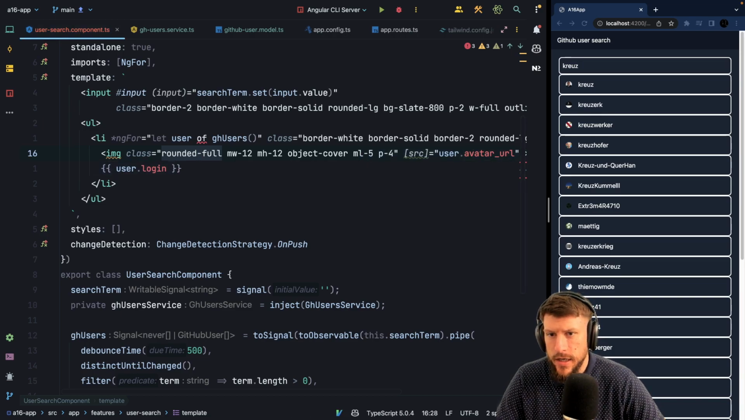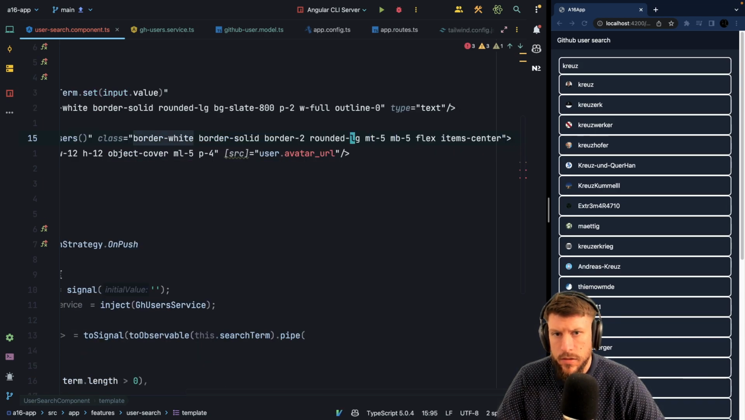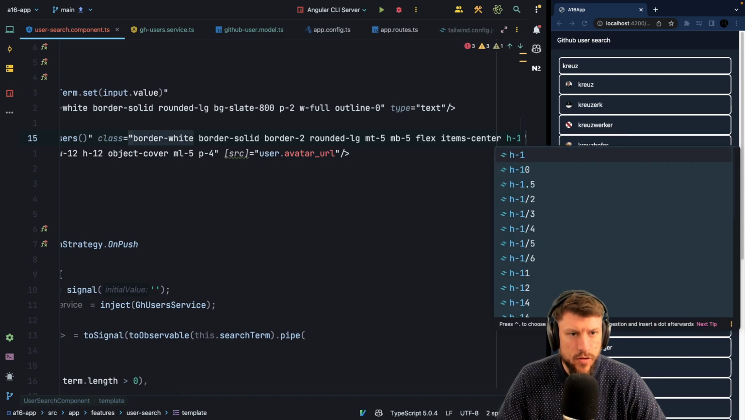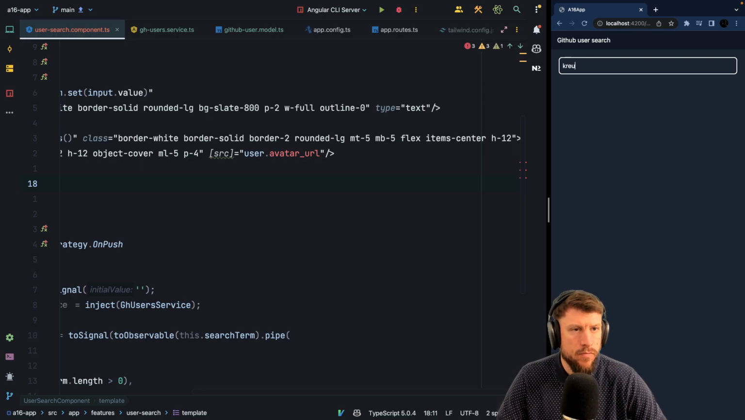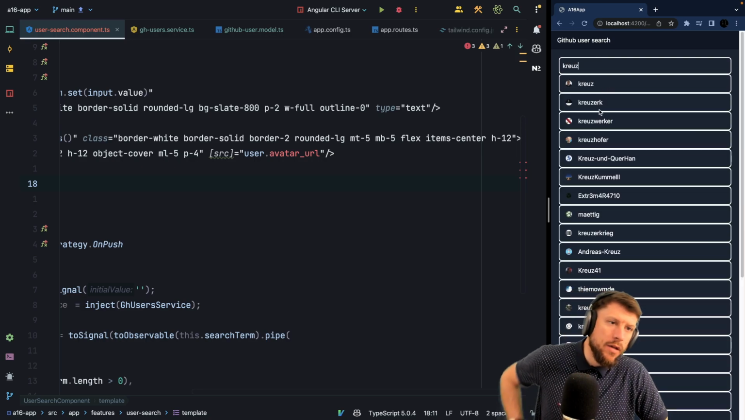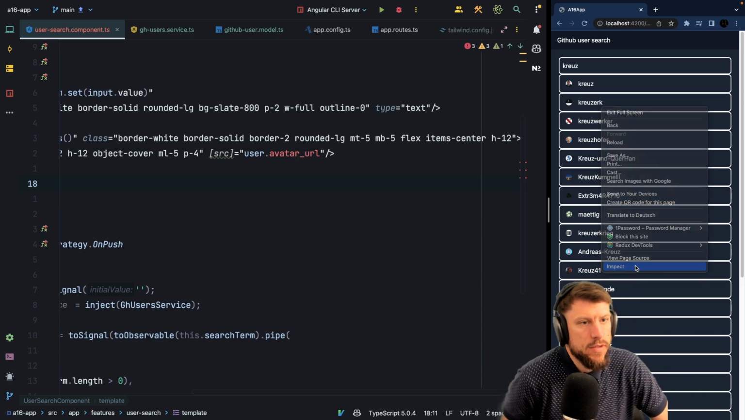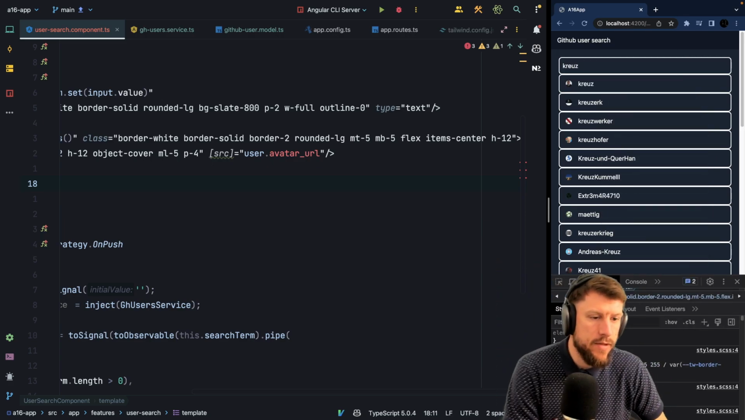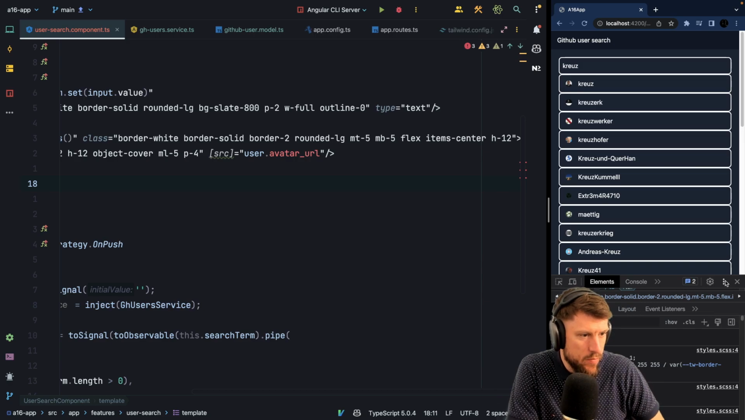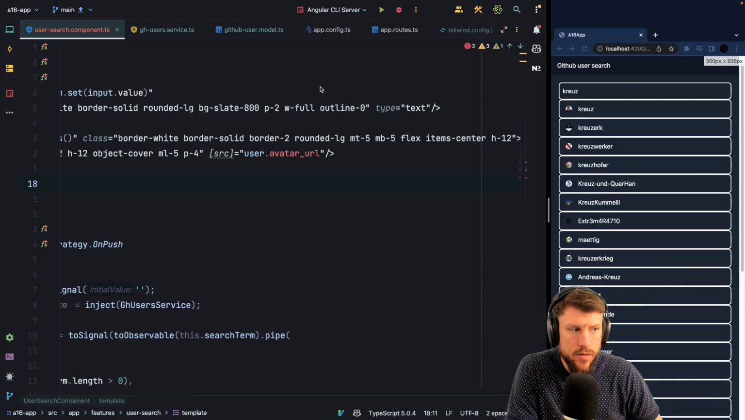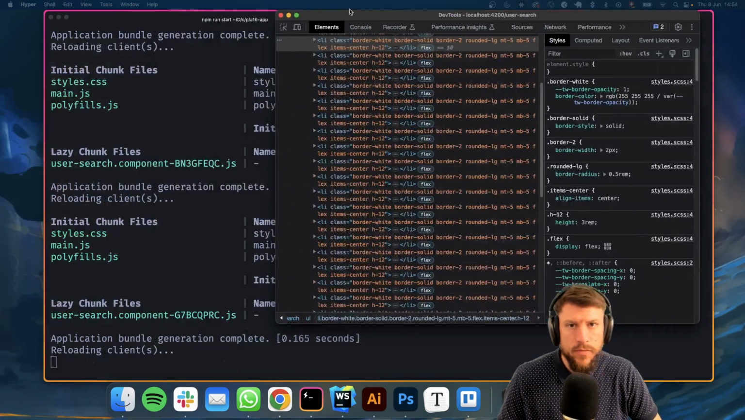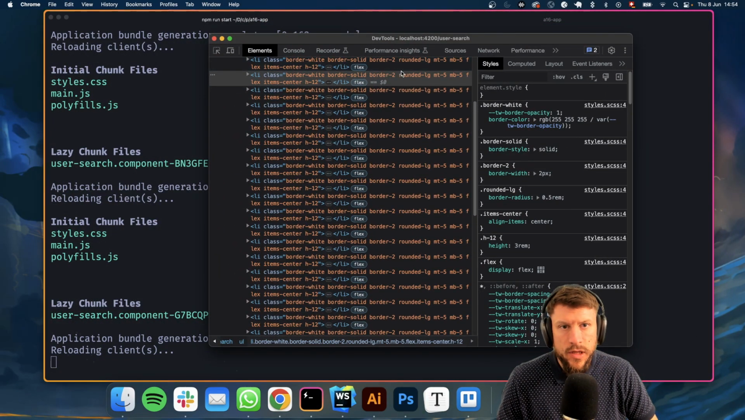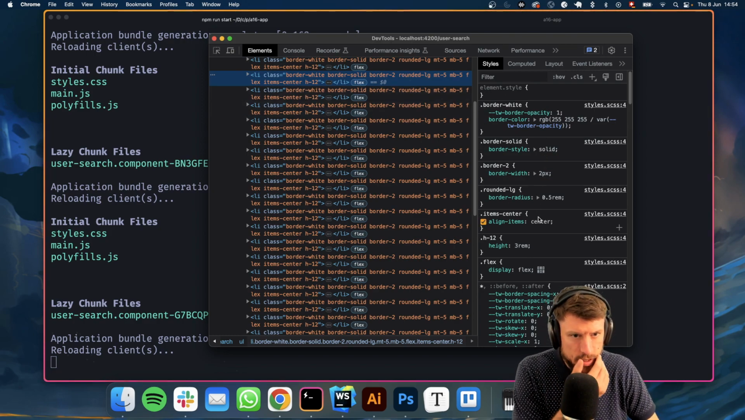Did we put a height on the thing? Why doesn't it grow? I have no idea why my styles are not correctly applied. So where is actually the margin? Let me quickly move that a bit out. Margin top, border style,